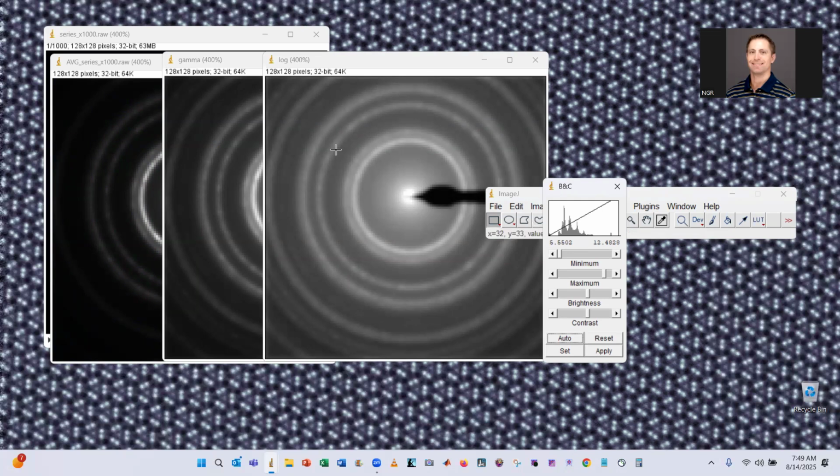So usually with images like this where you have good signal to noise, I should say with DPs like this with high signal to noise, doing the log version is probably optimal here. And again, these are for a parallel beam pattern. So we can talk about now if we're taking a seabed, which is what we're usually doing when we collect DPs with the MPAD. Okay, so let me go ahead and